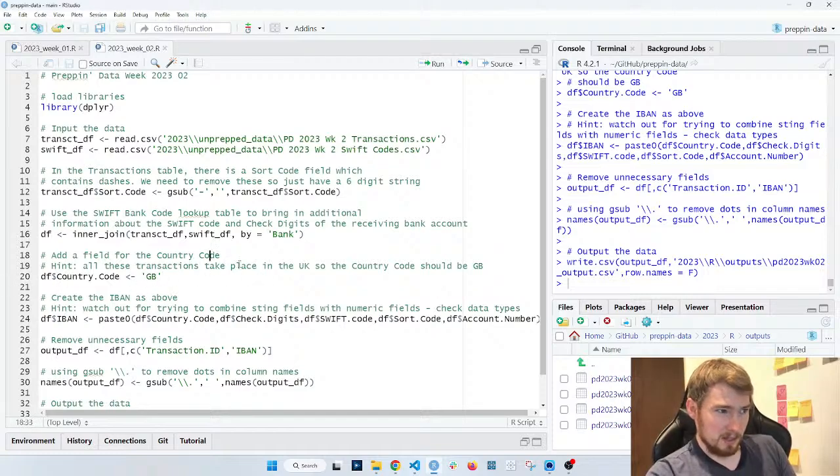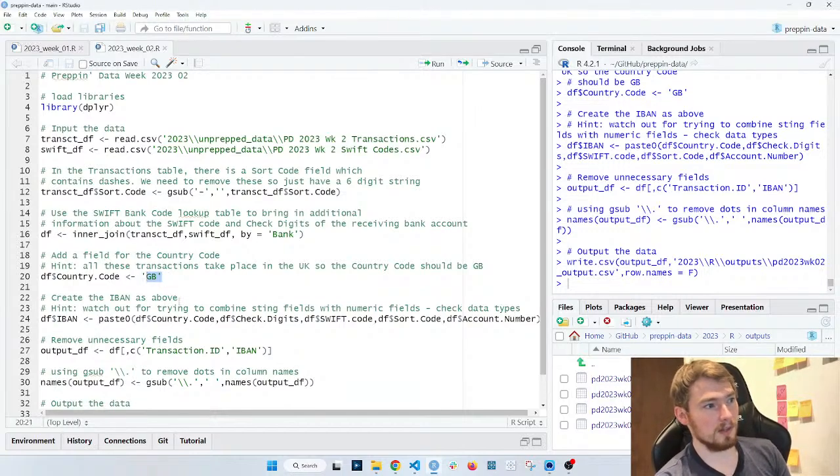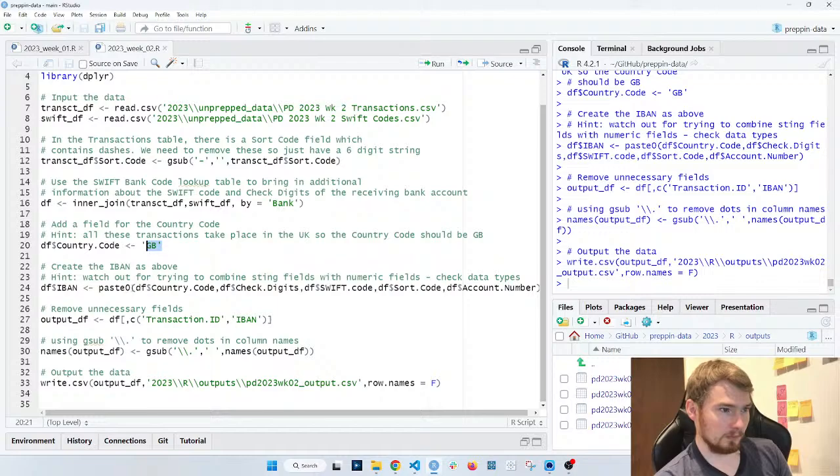Then we needed to make the country code, in this case GB. So country code equals GB, assigned like that. We can just give a string and that will make a column of that string. We then had this big concatenation, or pasting together, of all these different values. We use the function paste zero. It's very simple.